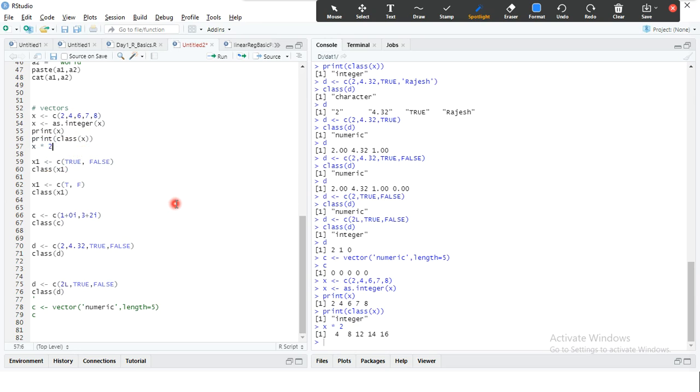It's good. So now you understood. With a vector, we can perform any kind of arithmetic operation. But when it comes to Python, only with matrices and arrays were you able to perform arithmetic operation. But with a vector itself, you can perform arithmetic operation. One drawback with this is you cannot store multiple data types in a vector.